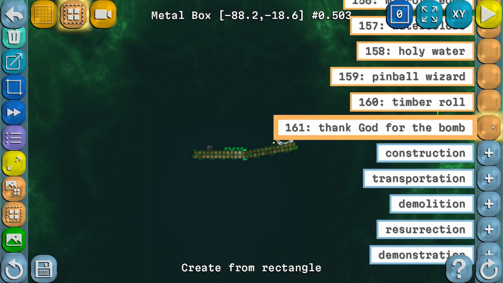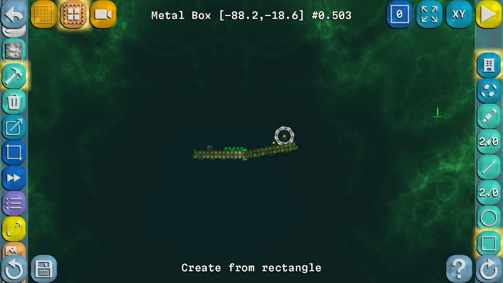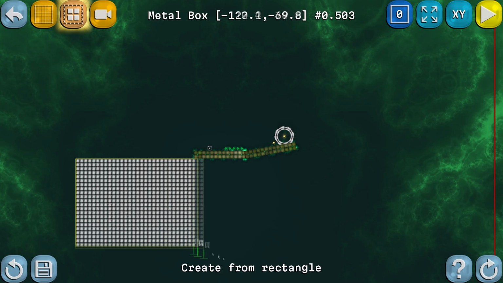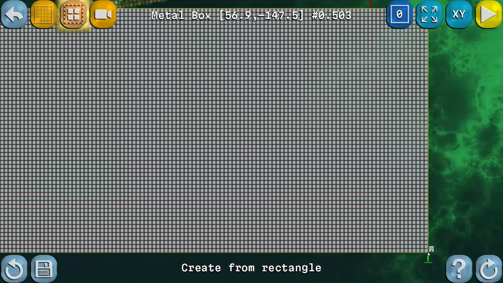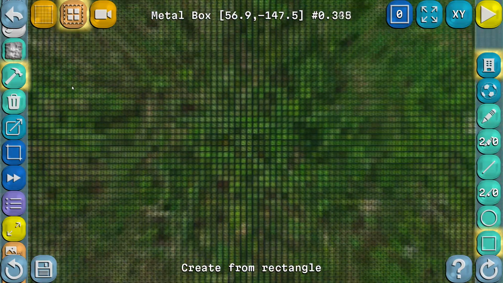This one, and then create a rectangular area as a starting point for our level. So something like this,